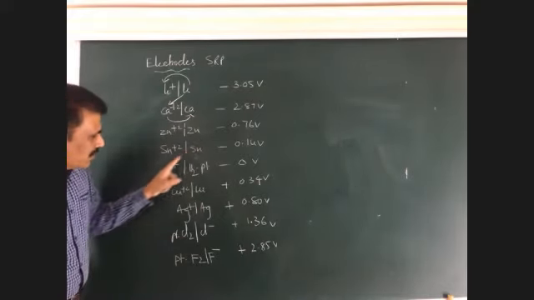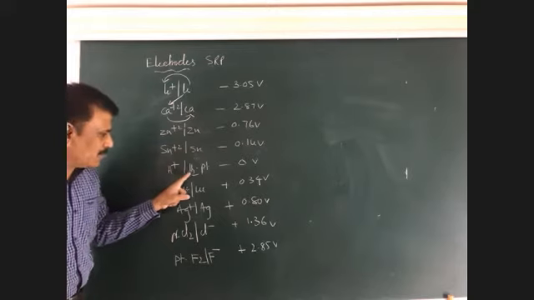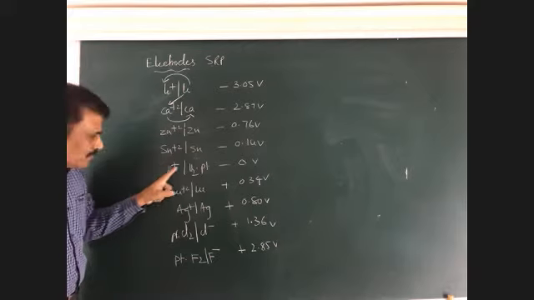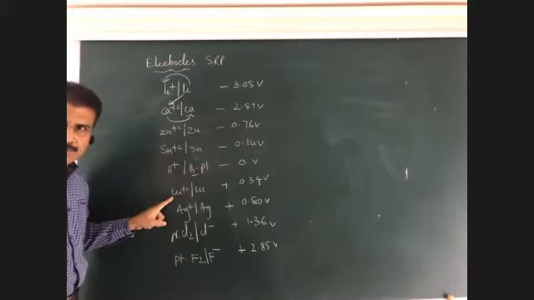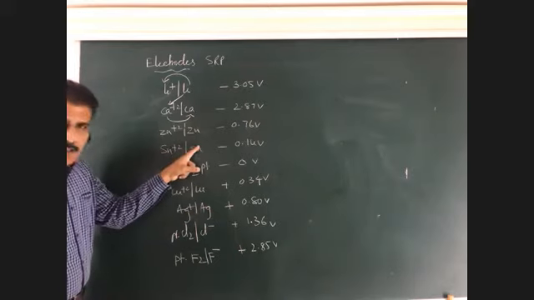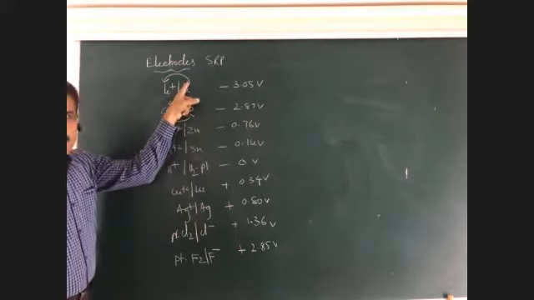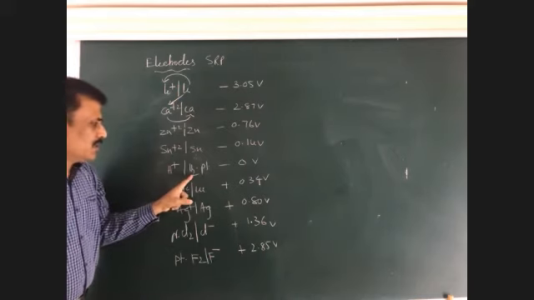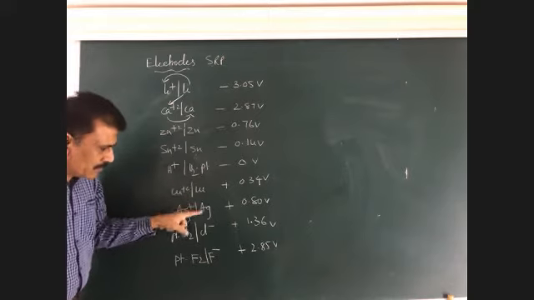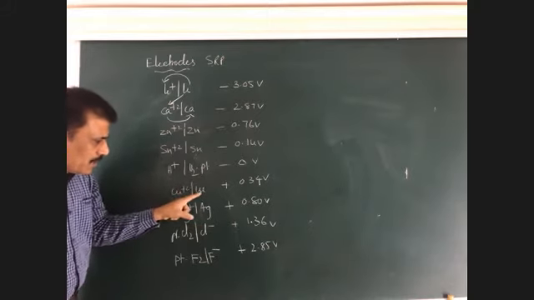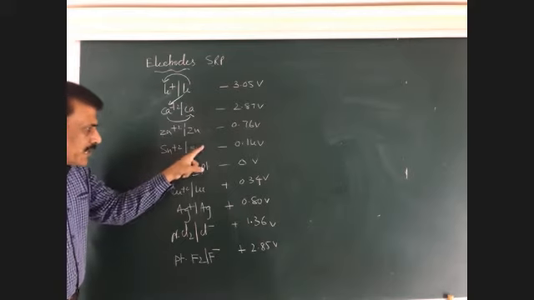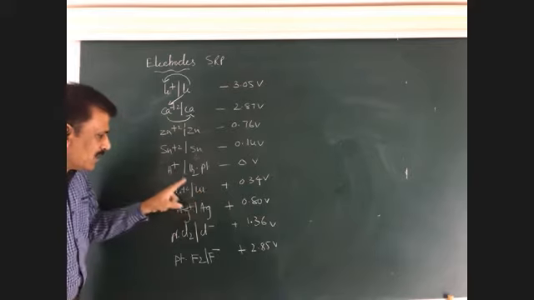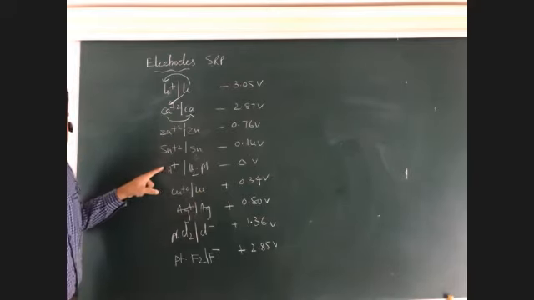Look at one more. Tin reacts with any acid, H+, and liberates hydrogen. But copper does not react with H+. Instead, hydrogen reacts with Cu2+. I'll repeat once again. Tin or zinc or calcium or lithium reacts with any acid having hydrogen and changes into H2. But the metals below the hydrogen, this copper, do not react with H+. So the right side element reduces the left side species. But the right side species does not reduce the upper left side species.